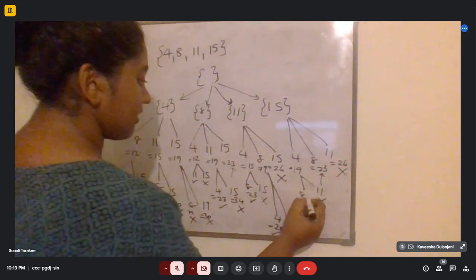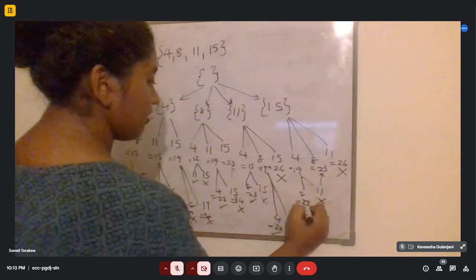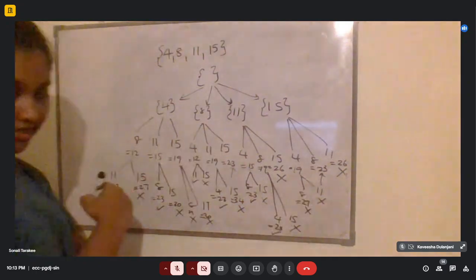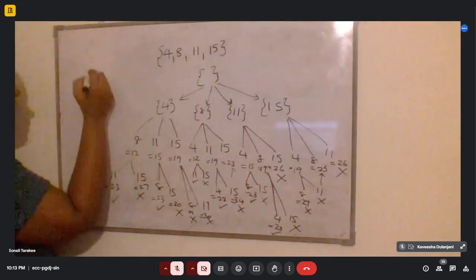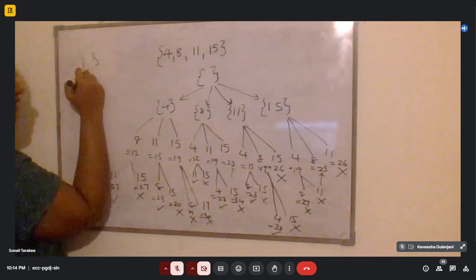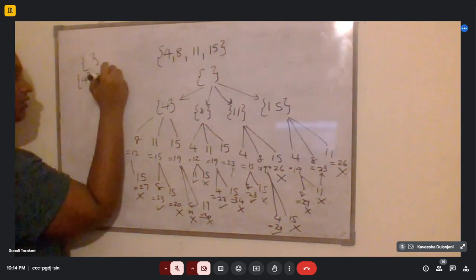19 plus 8, 27, which is also greater than 25. So the only ones you can take are, I'll write it here. The subsets you can take are 4, 8,